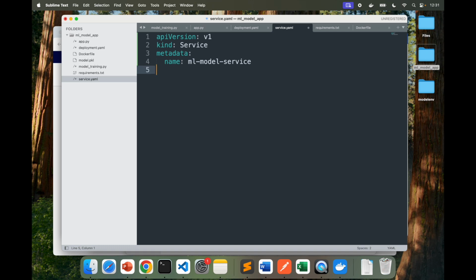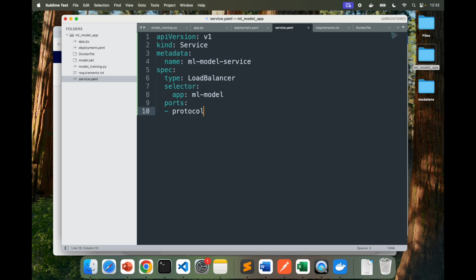And next, I need to provide the specification. So spec, and I'll say type. In this case, I'm going to say LoadBalancer, because this exposes the service via an external IP. Next I'm going to say selector, and my selector is app: ml-model. Next are the ports that I want to use.